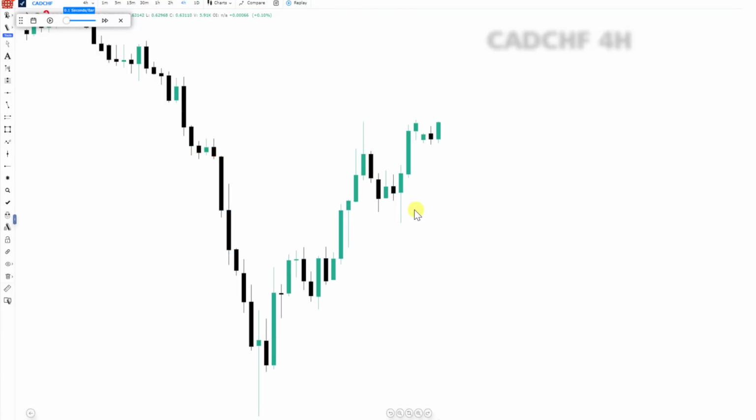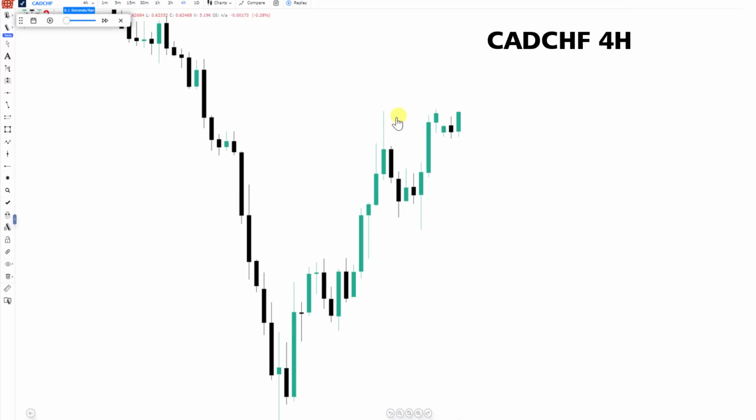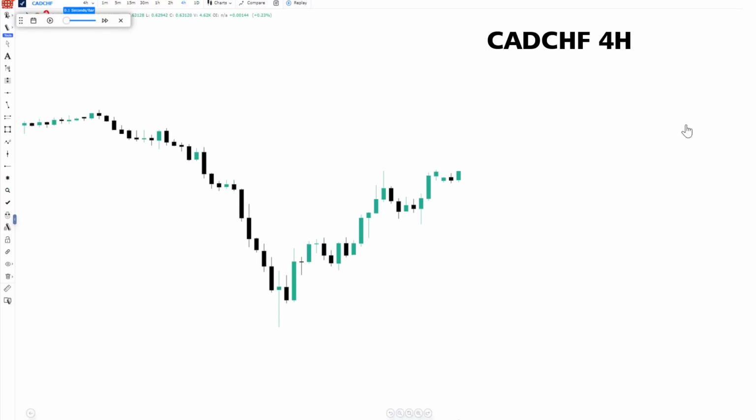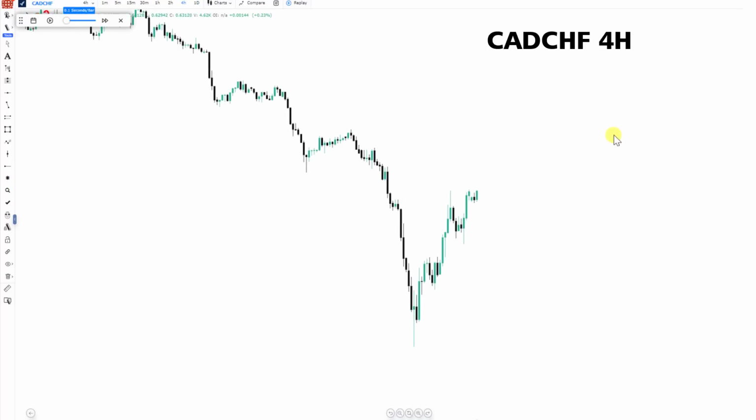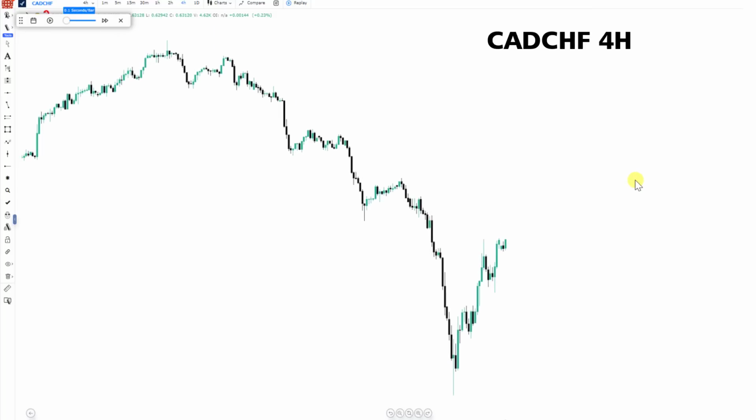So this is card CHF, and currently we are on the 4 hours time frame. So 4 hours time frame is actually a higher time frame, so we can do our analysis starting from the 4 hours time frame, dropping to the lower time frames to see good trading opportunities. So if I try to zoom out currently, you're going to see that this particular pair has been in a downtrend. I hope you can see without me marking the structural points. You already know that we are in a downtrend, and maybe we should go ahead and read the trend